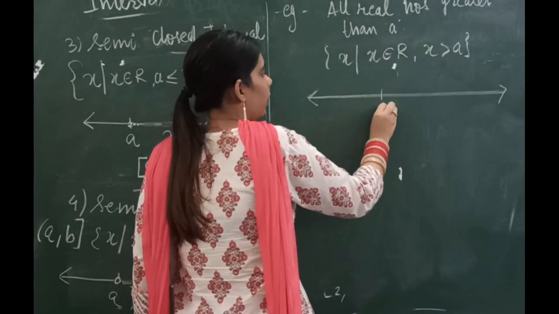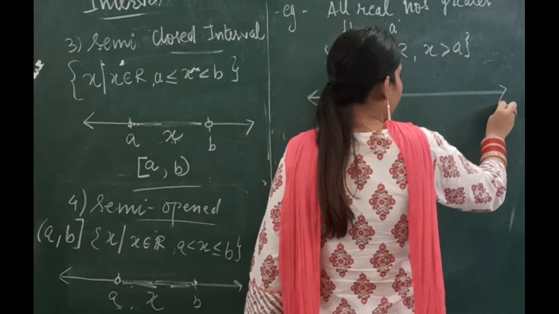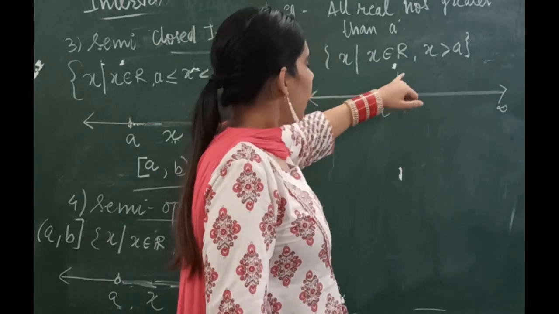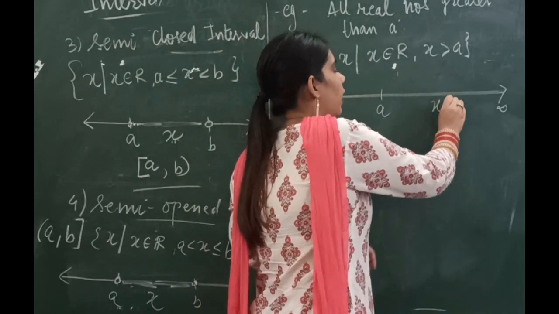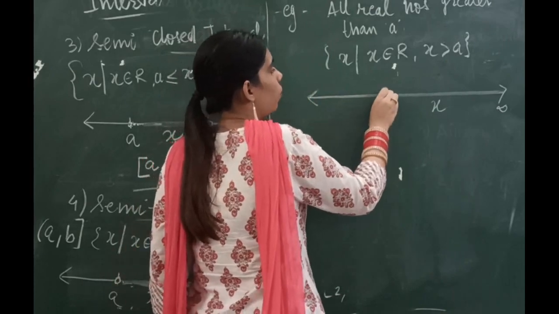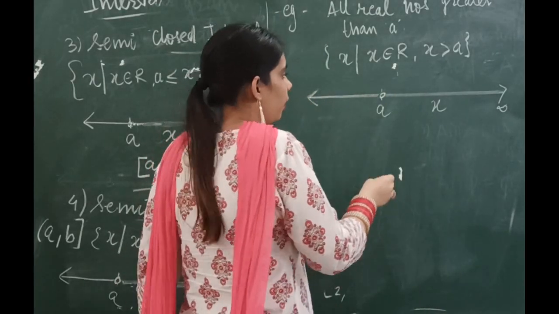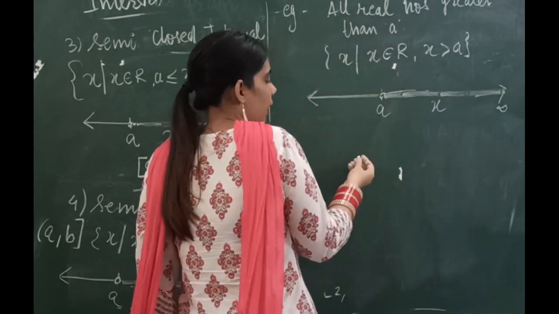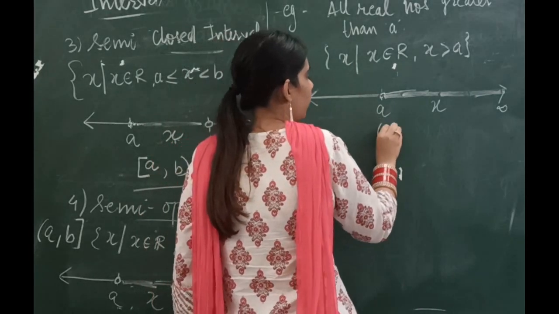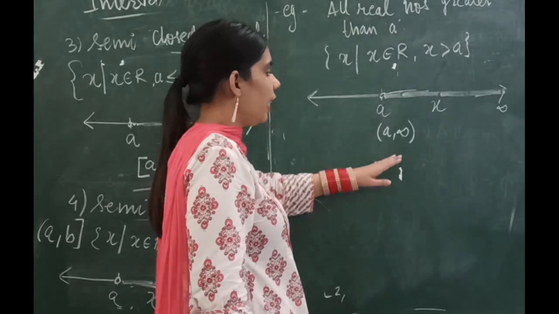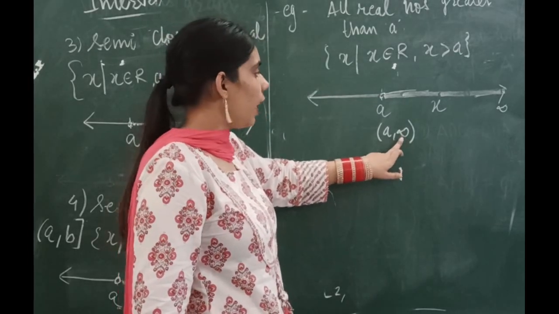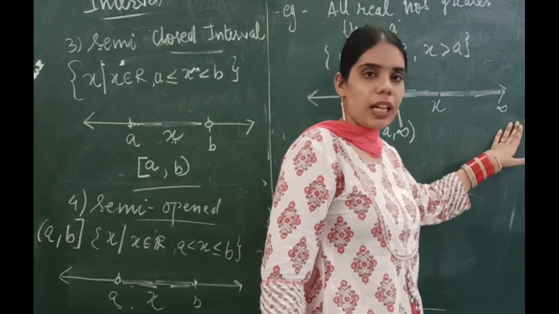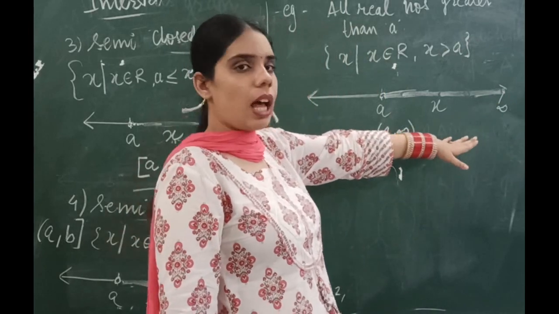For example, here A exists, and obviously I am saying greater than, so it will move up to infinity. And I have not said that X is equal to, then obviously we will put an open hole here and we will bold all the line up to infinity. And if we have to write it in a set form, I will simply write (A, infinity). We never write infinity in a closed bracket because infinity is not a number, it's just an imagination that a number may exist at the last.